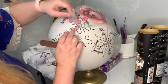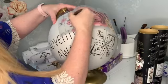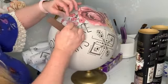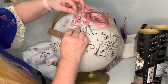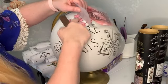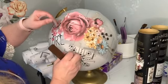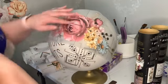Okay. All right, now let's get this little dude down. See, it definitely helps to cut so that you are doing each piece individually. Okay. All right, so that's the flowers. So now,